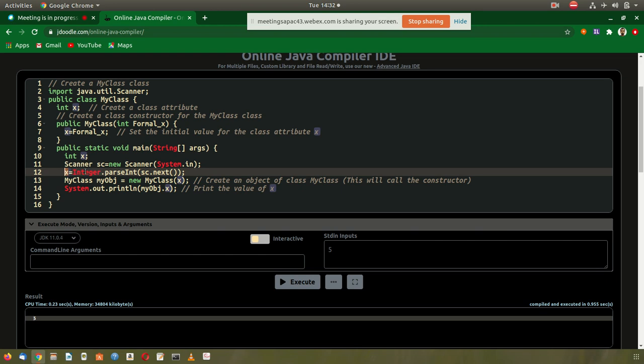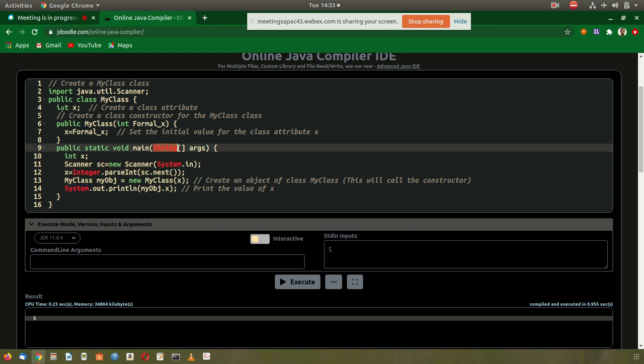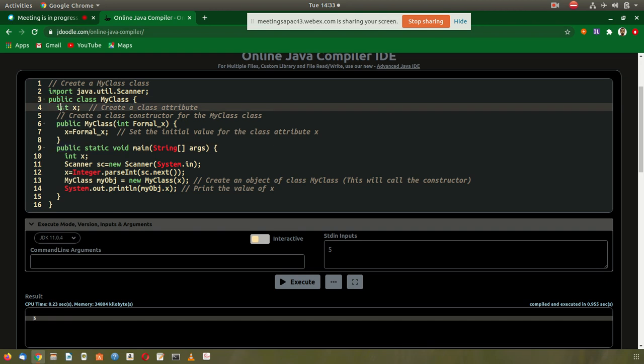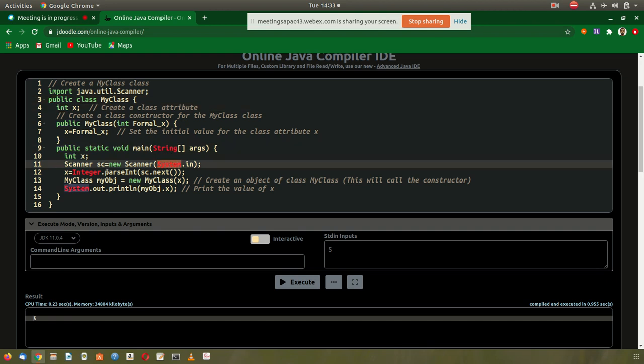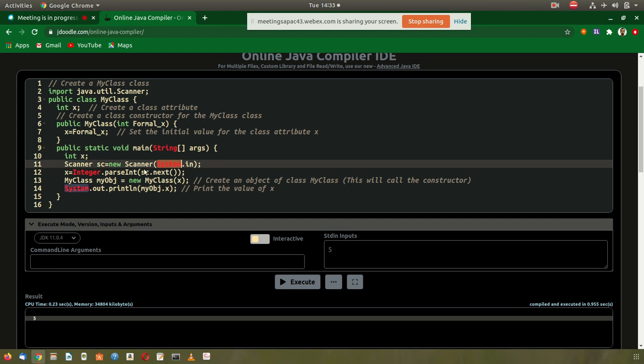x is equal to Integer, Integer is an inbuilt class. Whatever you see in red color here, they are library; there is a keyword. You understand keyword. import is a keyword, public is a keyword, this green color keyword, red color keyword, or you can say data type, or you can say String is a data type, System is a type. Type means class.